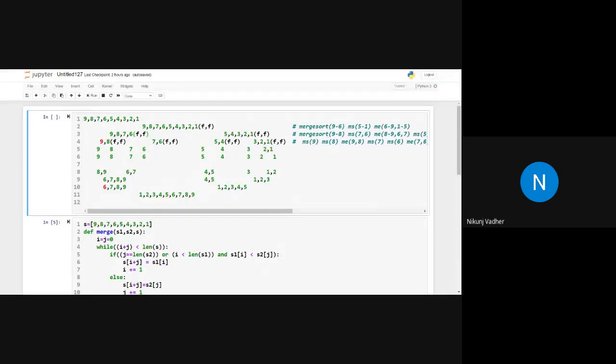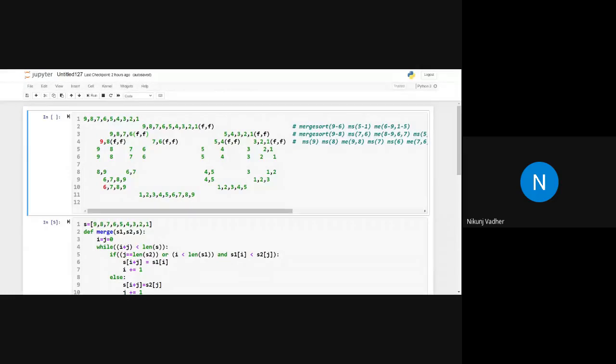My next question was: what will be the time complexity if we have a nested for loop at each stage? What is the time complexity of a nested for loop, that is, a loop inside a loop? Can anyone let me know? Yes, exactly, Drumil. The time complexity of a nested for loop is n square.